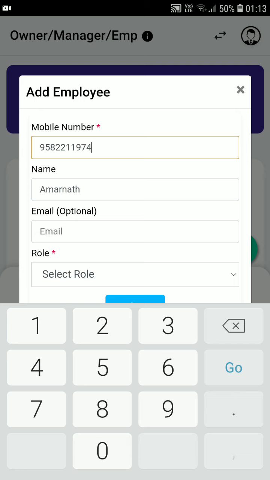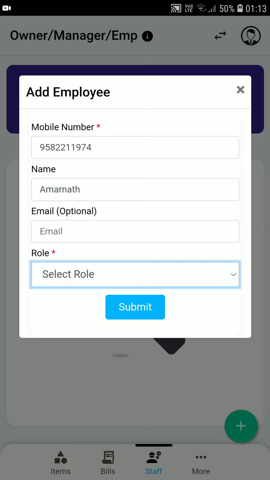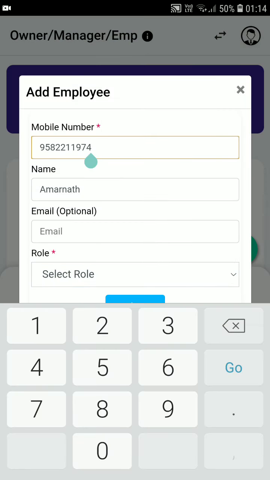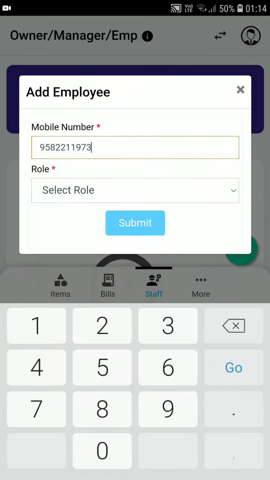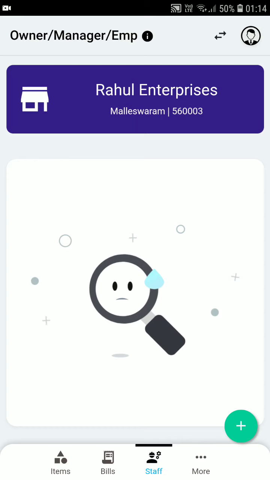So here it will auto populate the name, and email ID is optional, and whether the role is a partner or manager or employee. If the mobile number is not registered, then you will get information that will ask them to download the app, and post that you can then add the user to the application.